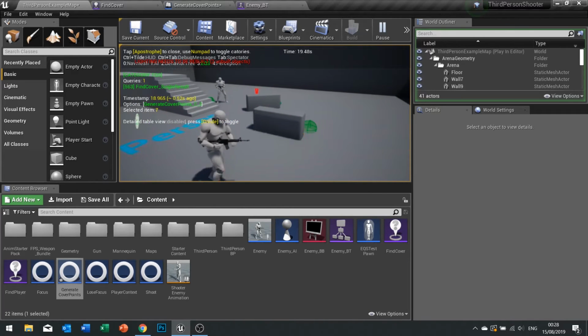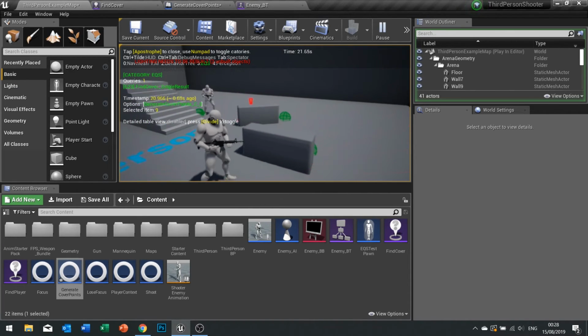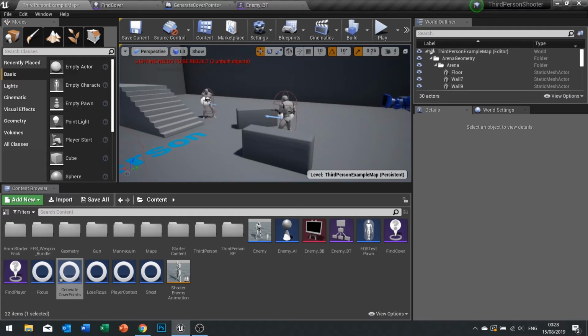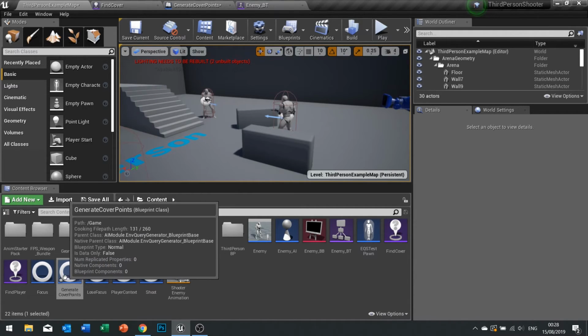So now we need to make the enemy run towards the closest one. And we're just going to do the closest one for now. There will be other stuff we need to do to it because we want to make sure that the enemy can still see the player and so forth. So let's actually do that first, because we want the point, as I said at the start, to not only be hideable from the player but also be visible to the player. So if I actually, after we